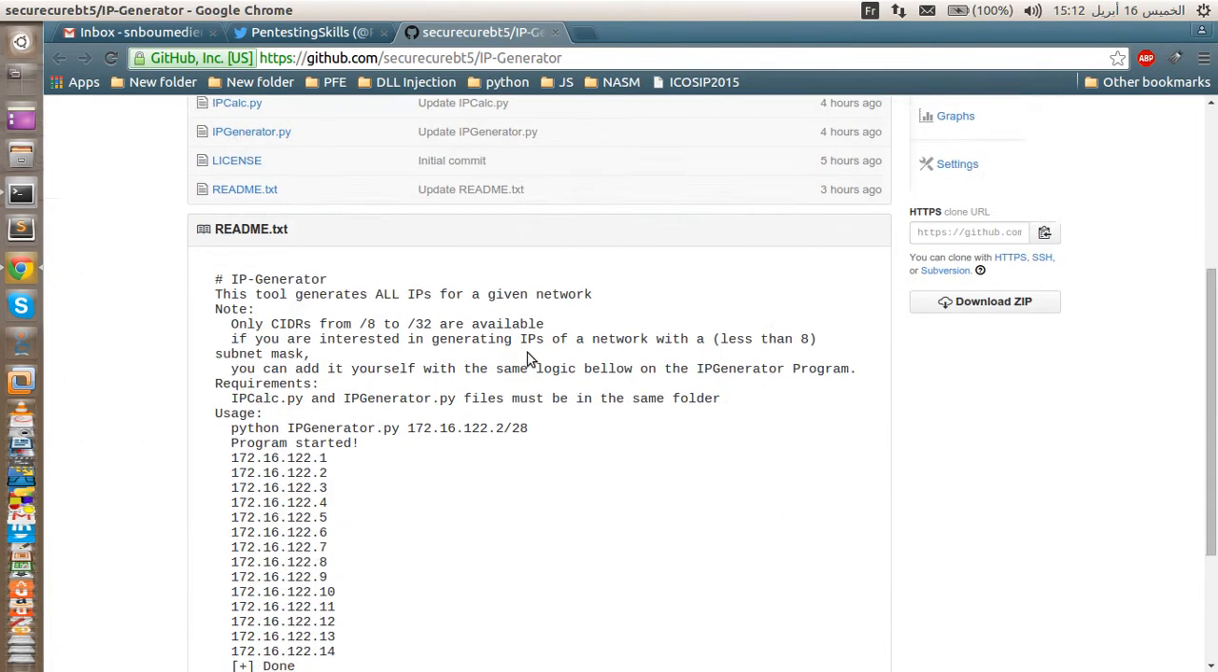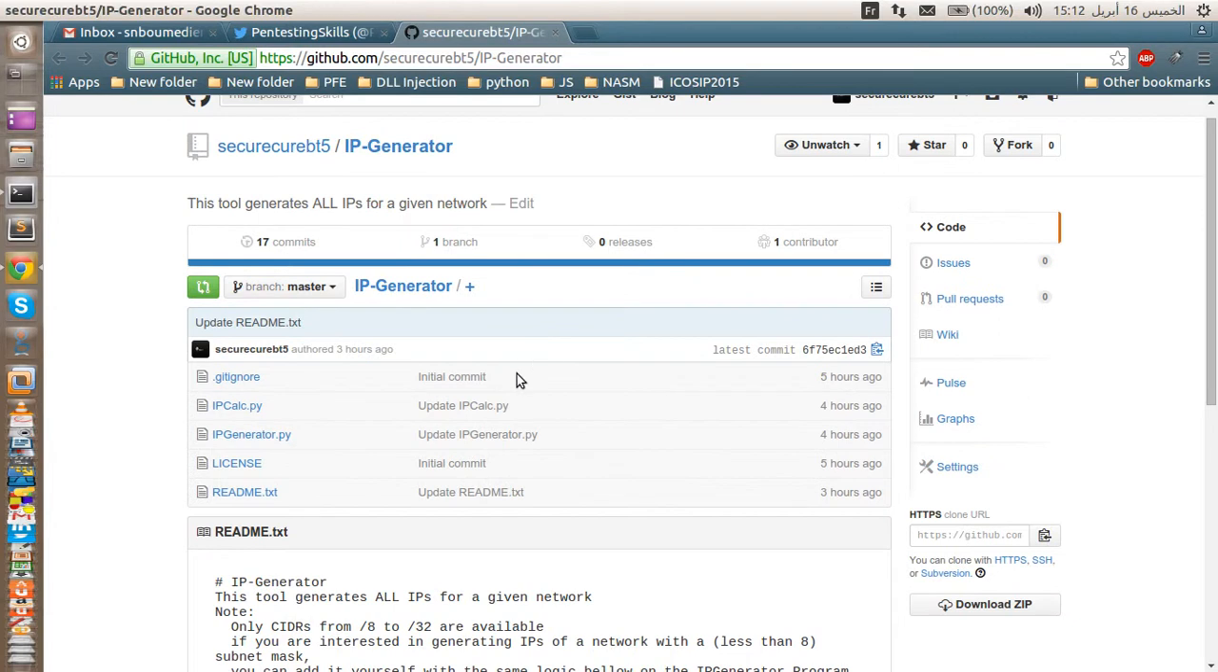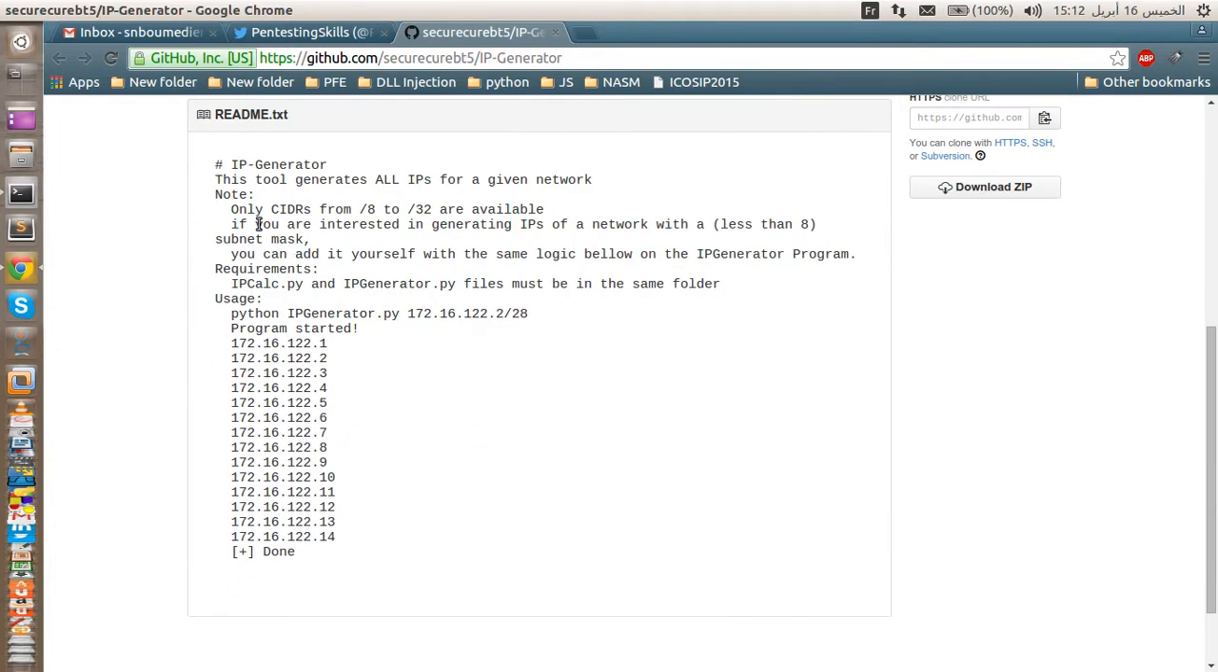So here is the publication. I published this program on GitHub, and as you can see here, I've made some notes: this program would work only for CIDRs from /8 to /32. So if you specify a CIDR of /7, for example, it would exit the program, because it's almost impossible to find a network with a CIDR of /7 or /6, because if you think about it,